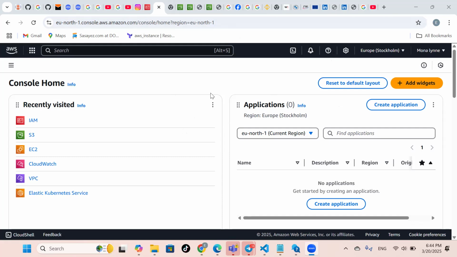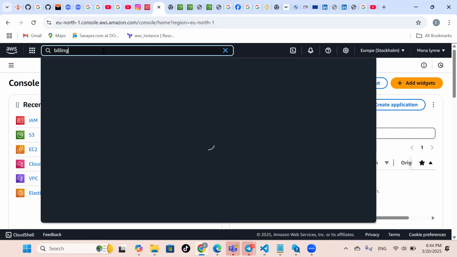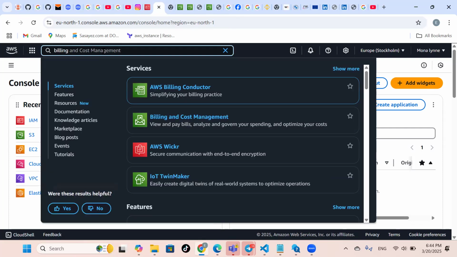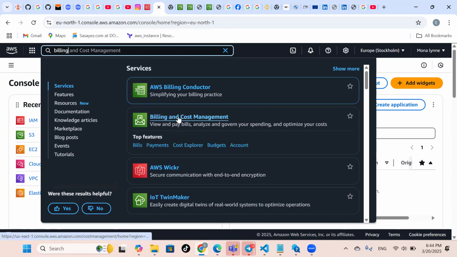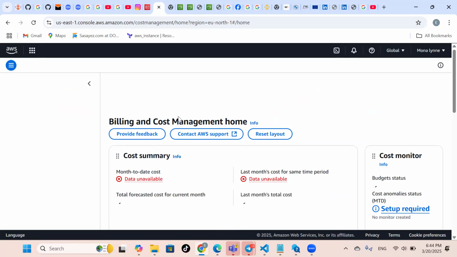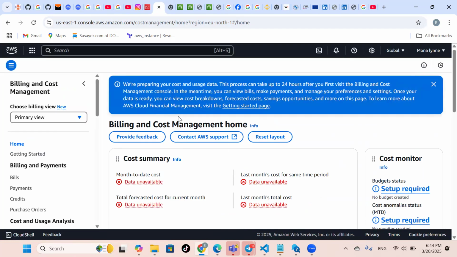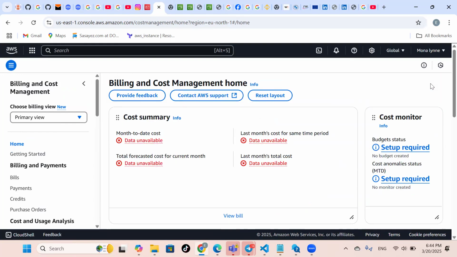And next, once you're in your AWS account, you can search for billing, okay? You can search for billing and choose billing and cost management, okay? So you're going to see your billing and cost management. And the next thing you're going to do is